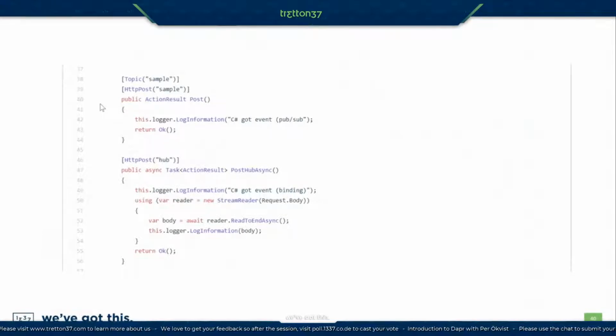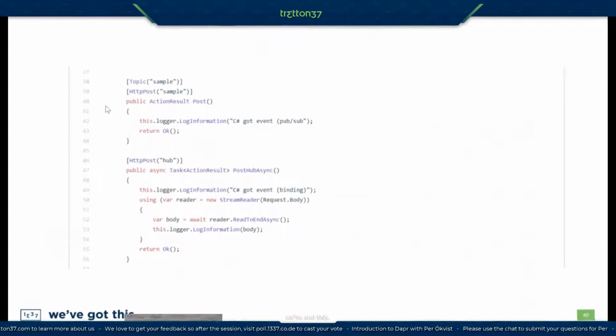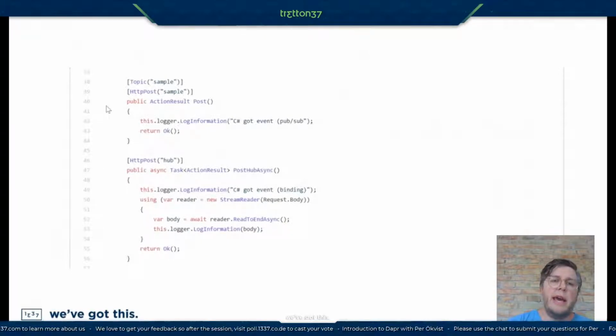And we see what the SDK brings in the pub/sub example, because now the Dapr SDK will give us that endpoint that tells Dapr on what topics we want to listen, and this controller endpoint is now going to be invoked upon receiving messages on the sample topic. So now you have strict HTTP endpoints, and you just annotate them with the sample and configure something at startup. And for the binding types you see down below here, you don't need anything. You just follow the convention that the hub name of the binding is going to be invoked. So that's just a small slice of what the SDK could bring.